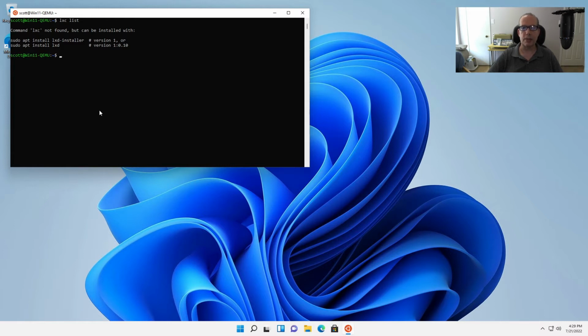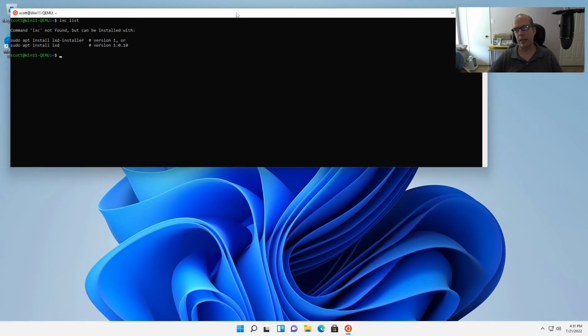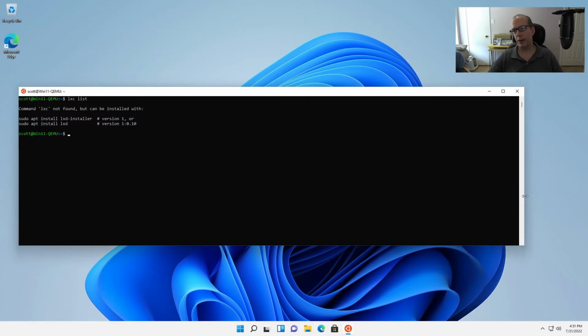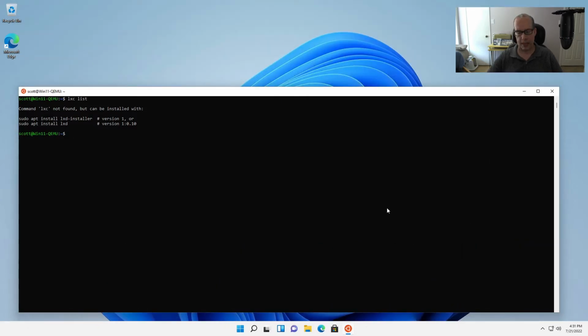Now we're not going to do that, because I can tell you right now it's going to fail. It's not going to be able to start the service that's required for the LXD daemon because it relies upon systemd. So let's go ahead and download and install systemd, and I'm going to move my terminal down here, make it wider, and also make it a little bit longer,